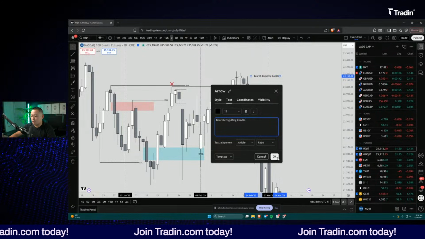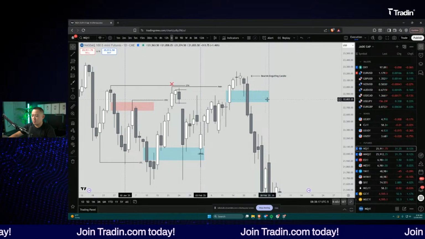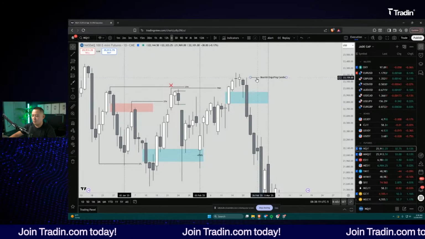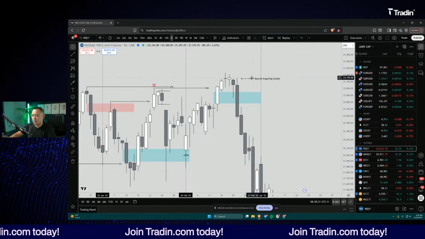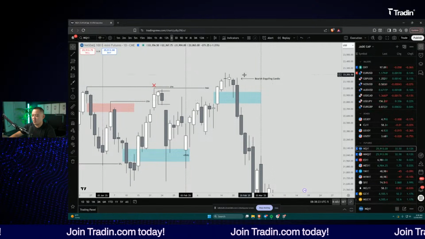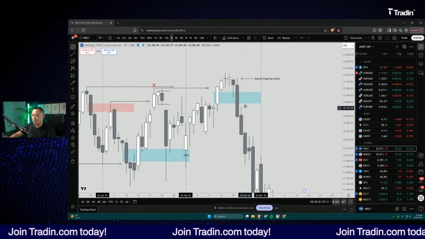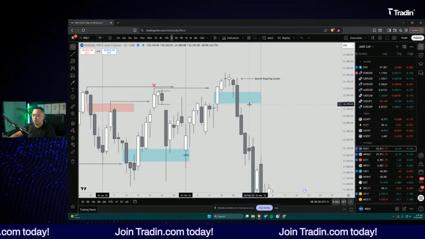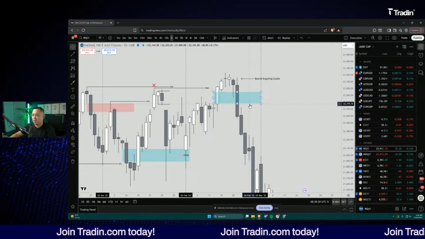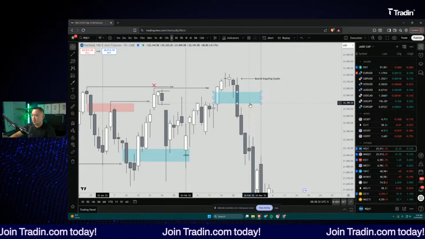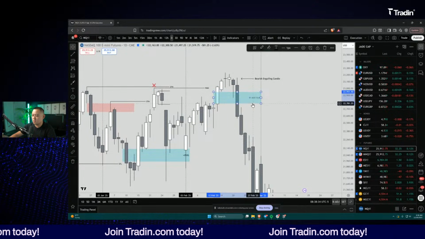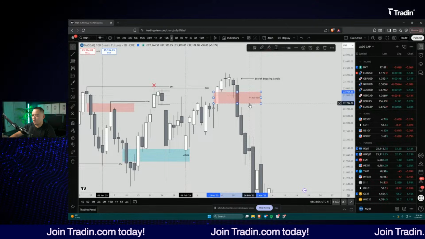Now again, these candles don't produce wins on every single trade that you take. They probably work 50 to 60% of the time. The other 40 to 50% of the time, the market is turning around and going higher. Again, you're trying to make an educated guess, and you're not trying to assume that you're going to have a 100% win rate. So this turns into an inverted fair value gap.